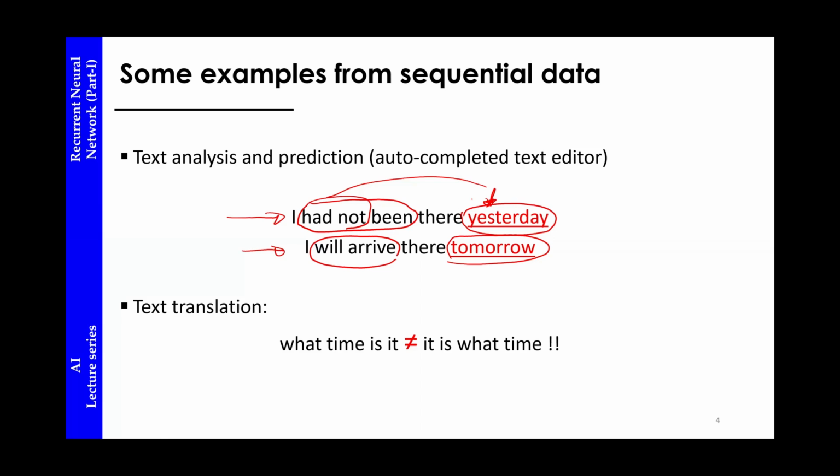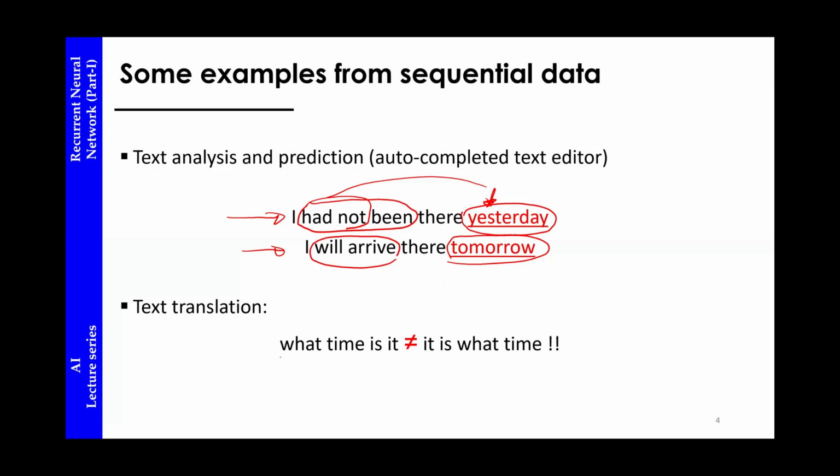This could also be seen as sequential data. These kinds of texts could be seen as sequential data, and you clearly see the dependency between different parts of the sentences. For text translators, here is one example of text